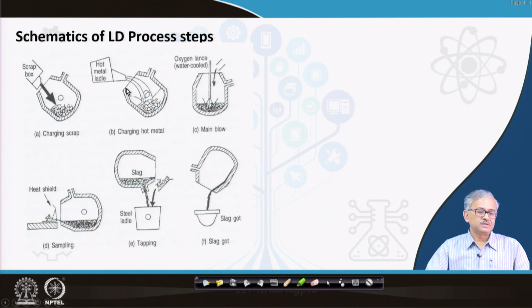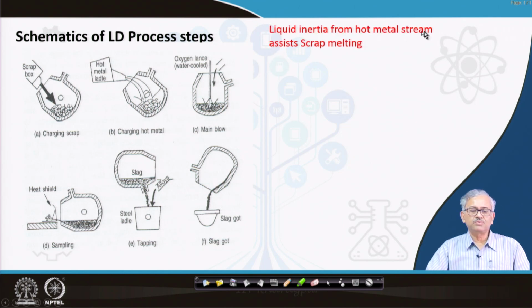Now, as I said, that is the liquid inertia from the hot metal stream that assists in the scrap melting. In this case, when you add the liquid stream like this, the scrap melts. If you want to understand the mechanism of the scrap melting,